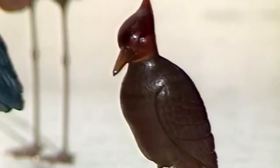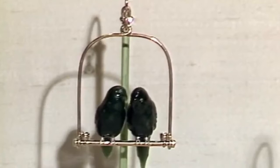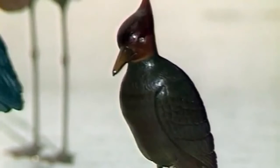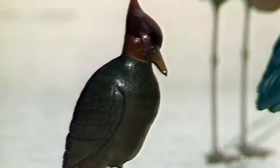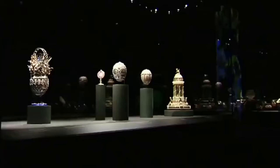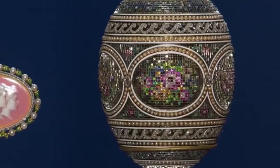Carved from all sorts of different stones, wonderfully skillful pieces of craftsmanship. Semi-precious stones themselves, but perhaps a little garnets or rubies inset for eyes and things like that. And they must have been a charming present to receive. But maybe the most iconic of the Queen's collection is this bejewelled mosaic Easter egg, a gift given by Nicholas